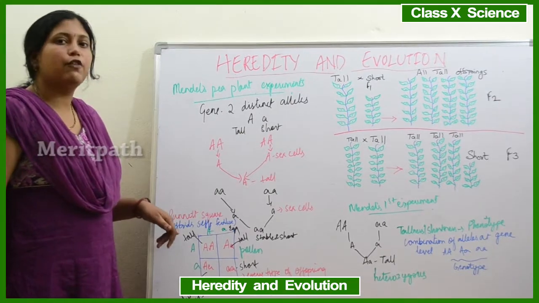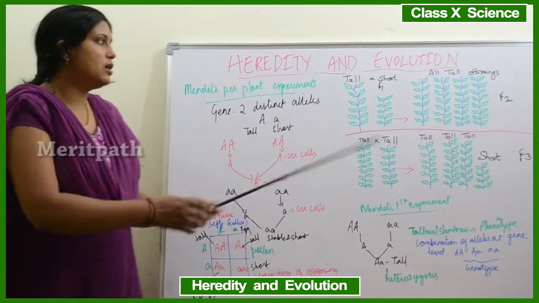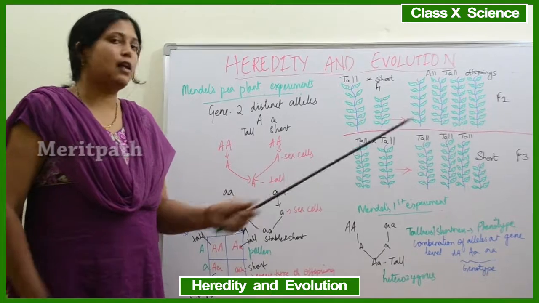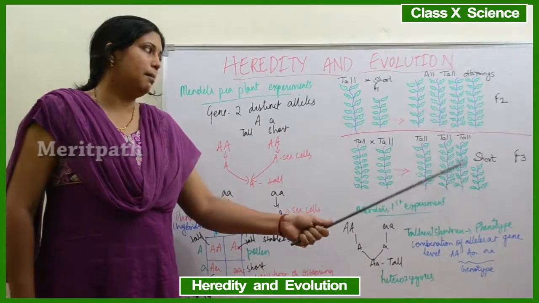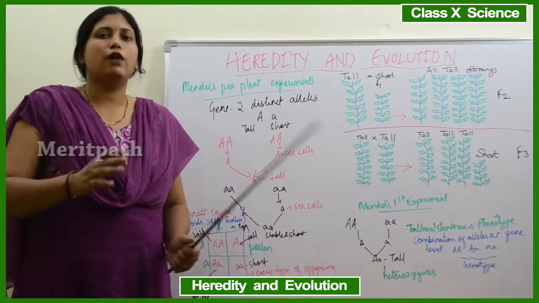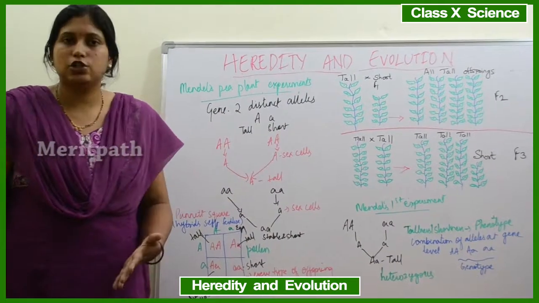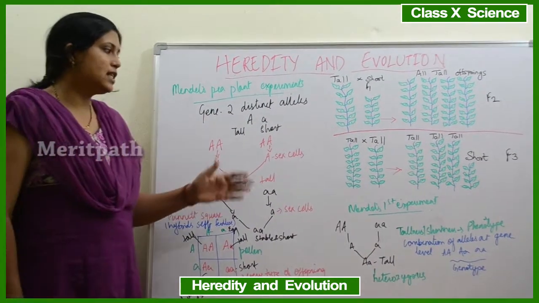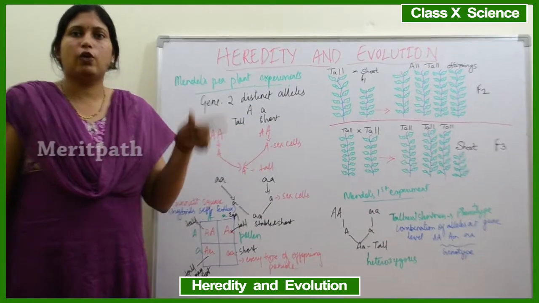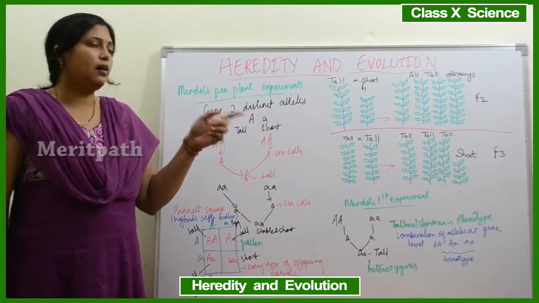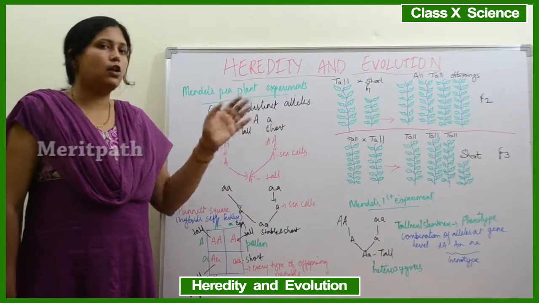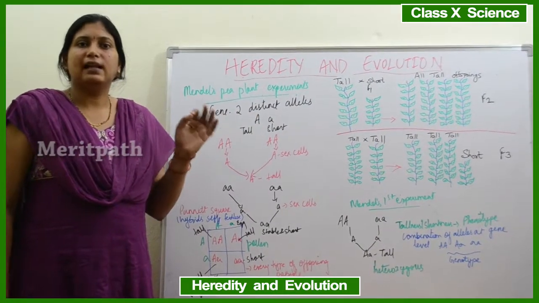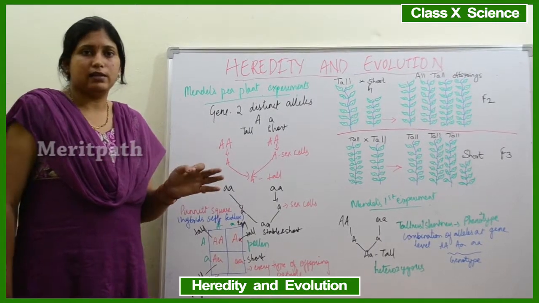Here the hybrids were self-fertilized. So we got hybrids, and those were self-fertilized. 1/4 was completely tall, 1/4 was completely short, and the remaining half are also tall, which may breed short. So this was Mendel's first experiment explaining the monohybrid cross, represented as F1, F2 and F3 generations, and this is the law of segregation, Mendel's first law of inheritance.